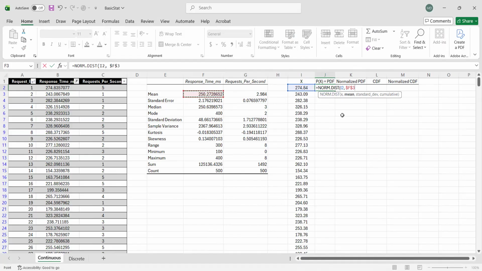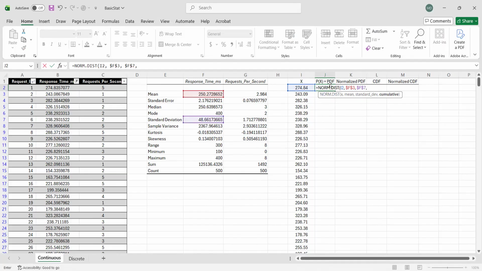Okay. And then we have the standard deviation. So standard deviation is right here. Also, click F4 or Fn plus F4 to add the dollar signs. And lastly, we are asked whether we are looking for the cumulative or not. Cumulative function or not.